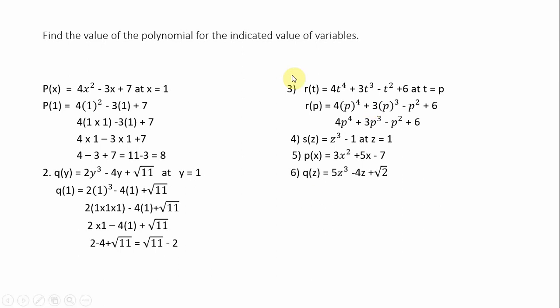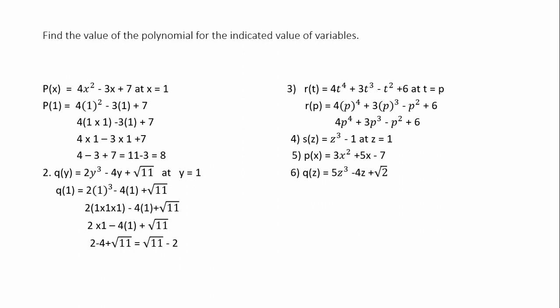Now coming to the third question, the third question is a polynomial r in t, meaning the variable present in this polynomial is t. So 4t power 4 plus 3t cube minus t square plus 4. See children, it is a biquadratic polynomial. It is a quadratic polynomial. The second one is a cubic polynomial, meaning whose degree is equal to 3. And a biquadratic polynomial means whose exponent is 4, whose degree is equal to 4. We call it a biquadratic polynomial.